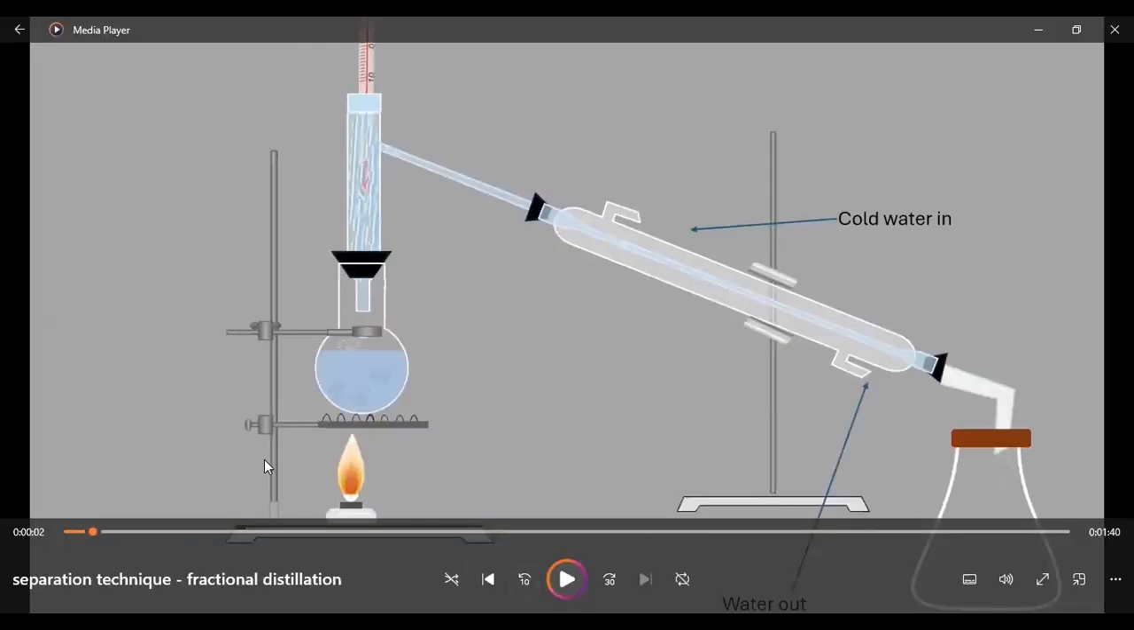Okay, here is a setup of fractional distillation. You can see there's a fractionating column here, this thing on top, and the fractionating column is filled with pieces of glass. The temperature in the fractionating column is lower than the temperature in the container. So if the boiling points of the liquids are close, then as one of the liquids boils, the one with